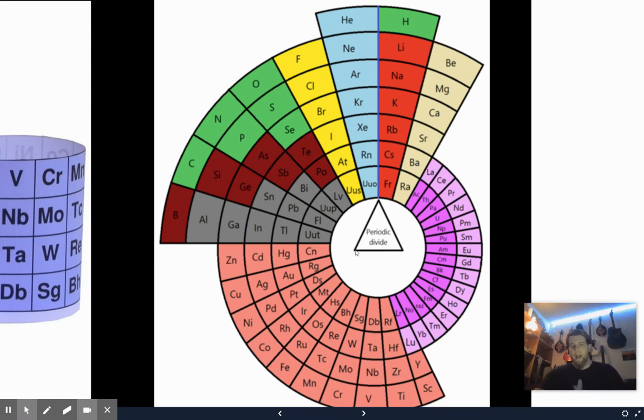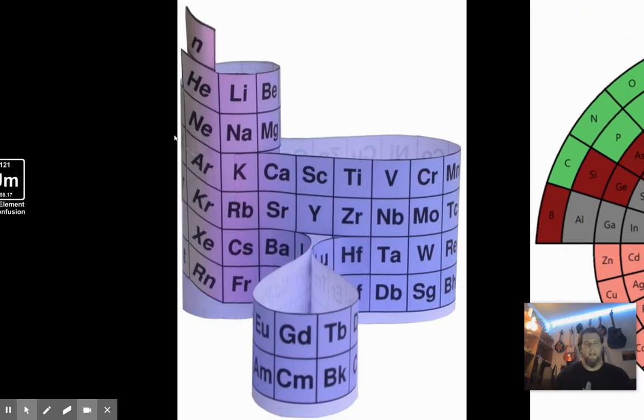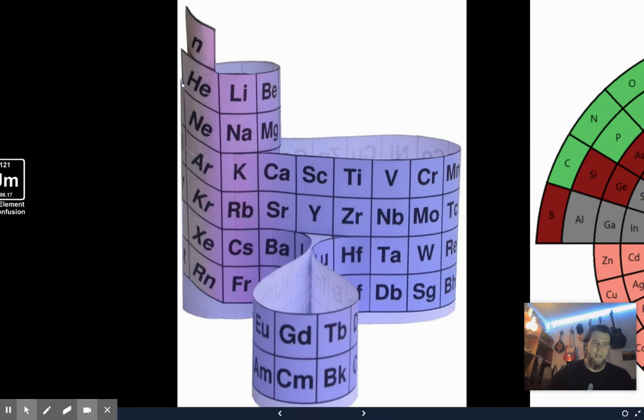And you can see just how this one's been sort of put together. All of these elements in here would share similar properties. And we can see, those are our transition metals. If we look here, there's our alkali metals, our group 1. There's our noble gases here, from helium going all the way down to radon. These can be arranged in any way that makes sense to the science that you're looking at. Once again, this is kind of an interesting one, but we can see our noble gases sort of grouped together, and then other groups and families as well.